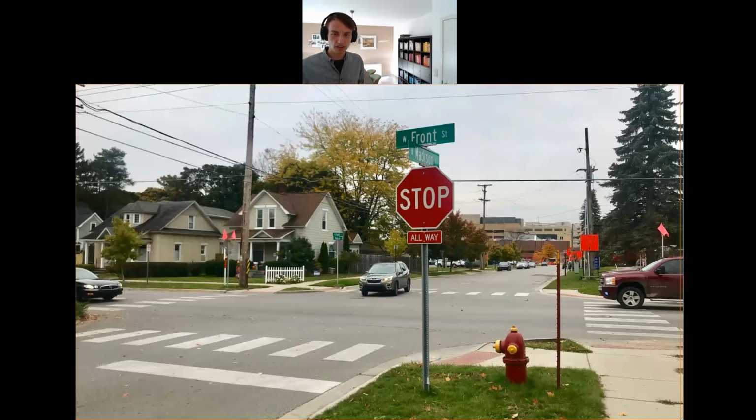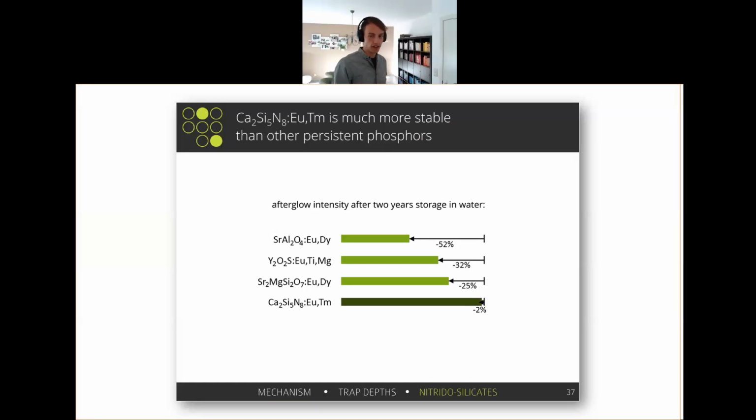So there's a lot of redundancy built in, so that even if something drops along the way or goes lost along the way, you still understand what's going on. And you can do the same if you're creating data visuals or if you're giving an oral presentation. For example, this is a slide from my PhD defense about my glow-in-the-dark materials, and I try to build in